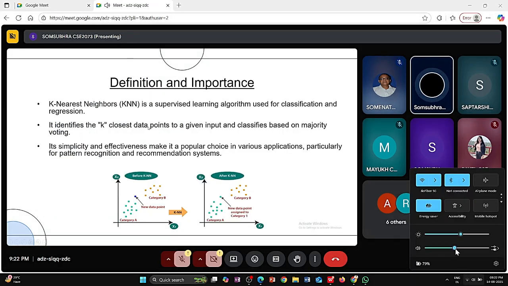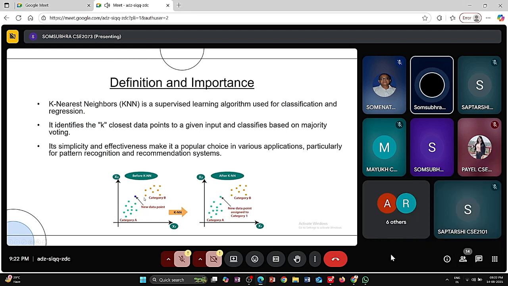Points to a given input based on the measure. So it simplifies the effectiveness and makes it a popular choice in various applications, particularly for pattern recognition and recommendation systems. So here in the diagram, we can see that we have chosen a new data point, pointed by